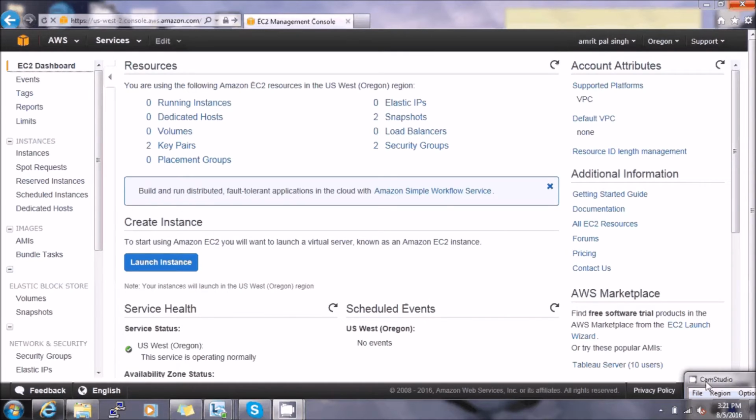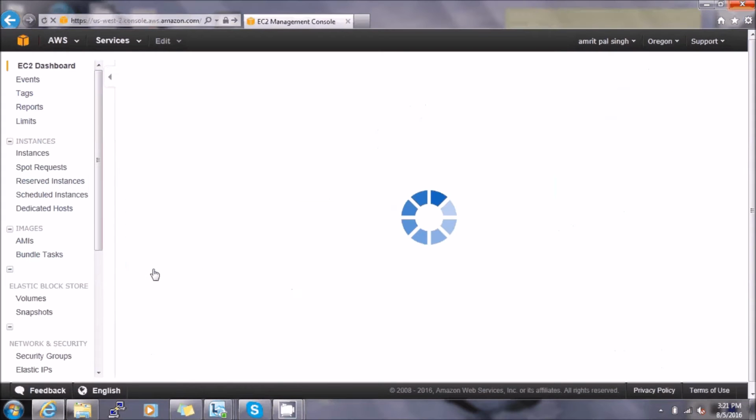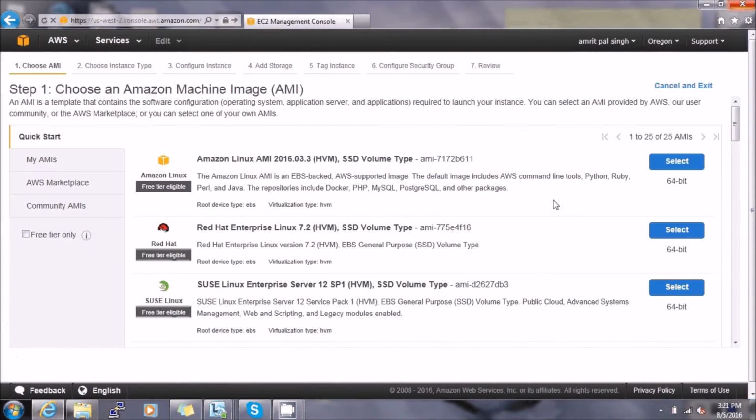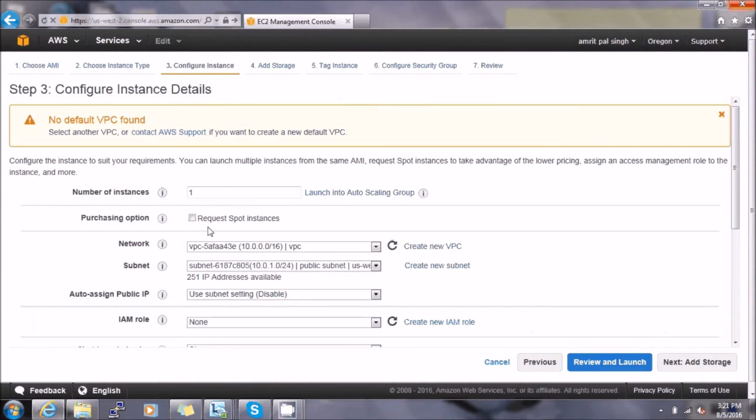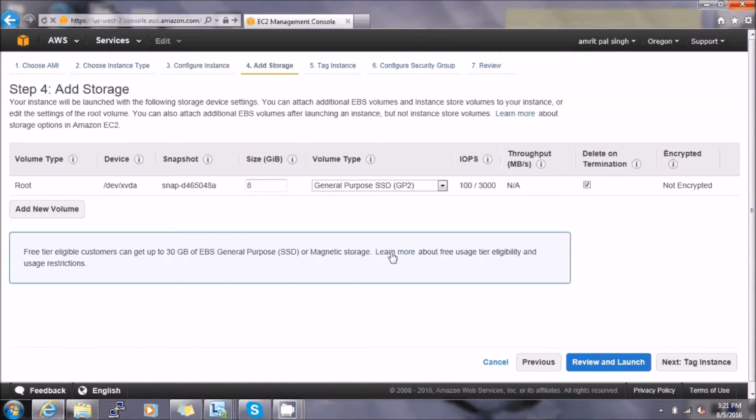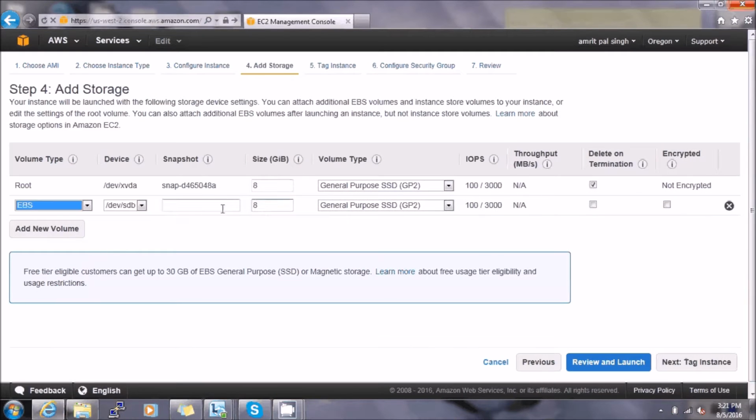So let's start. First we will create an instance. Let's say that instance is in a public subnet and a public IP is enabled on it. That instance has an EBS volume with it, and that is not encrypted.